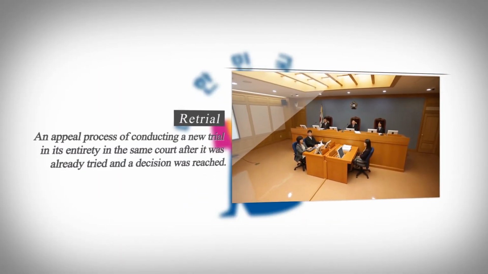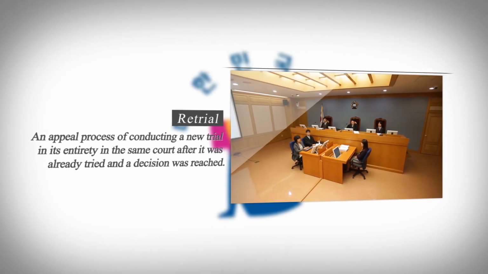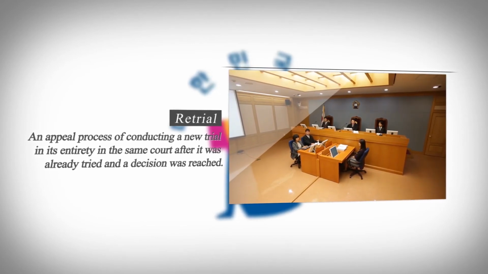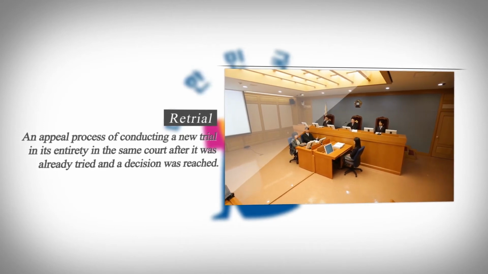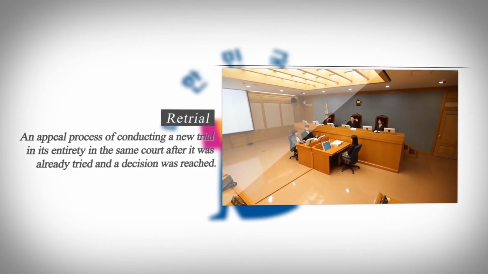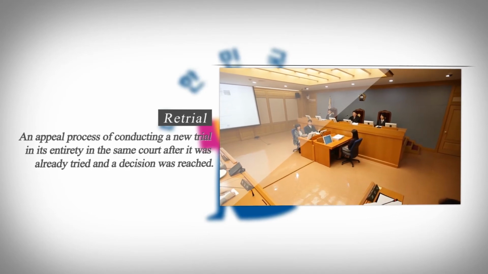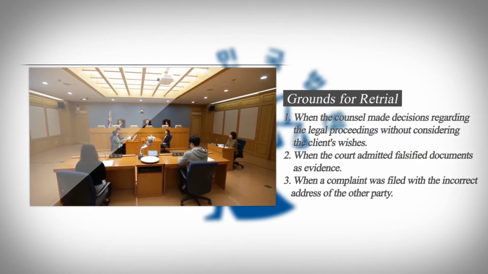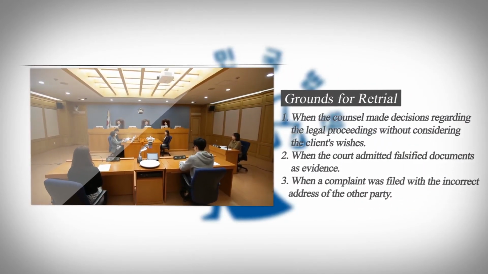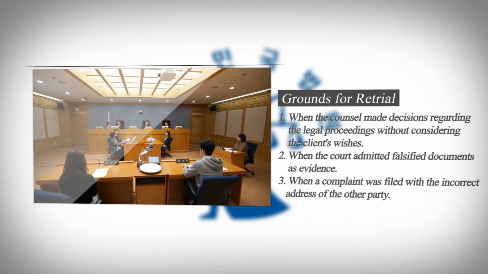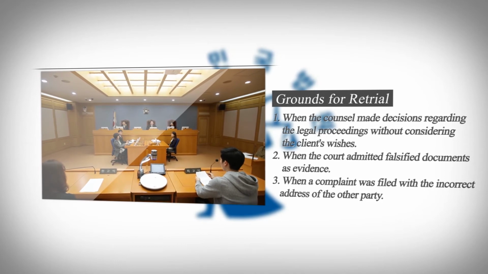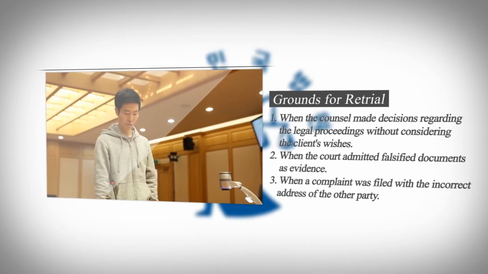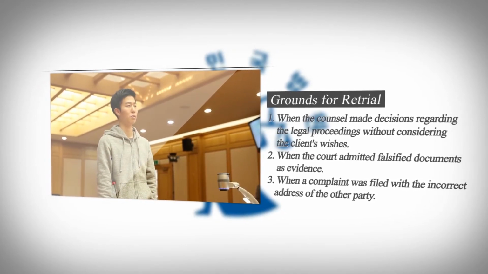A retrial involves requests for a new trial after the court has entered a final decision on a case. Requests for a retrial are made to the court that issued the judgment. Retrials are a court process that ensures the soundness of the court's decision. Grounds for retrials are very limited. For example, retrials may be permitted if the counsel made decisions regarding the legal proceedings regardless of the intent of the client, when the court admitted falsified documents as evidence, or when a complaint was filed with the incorrect address